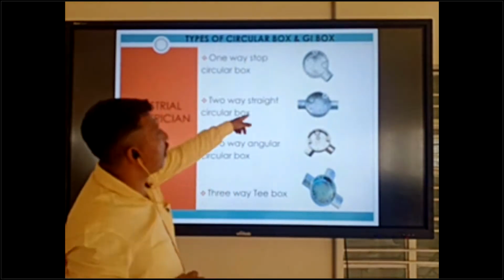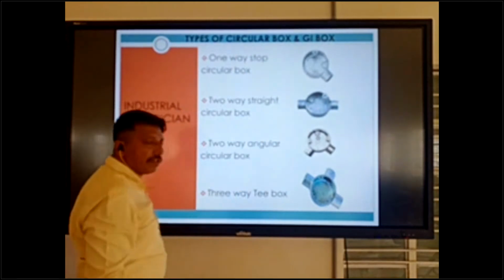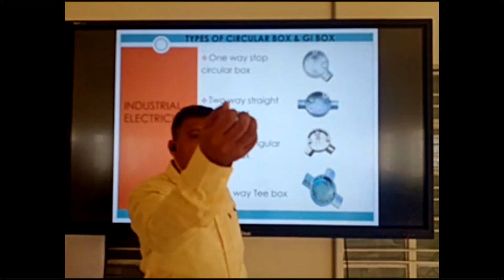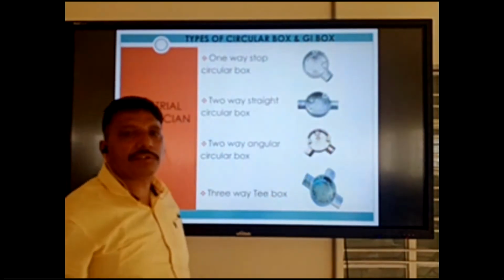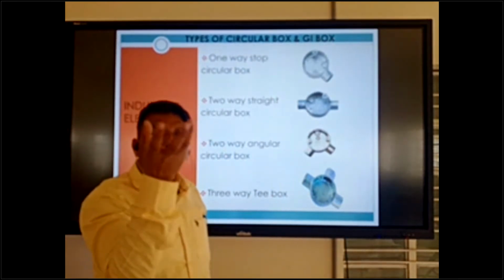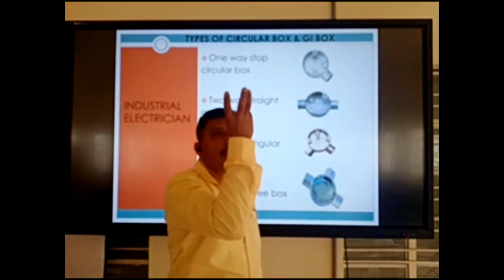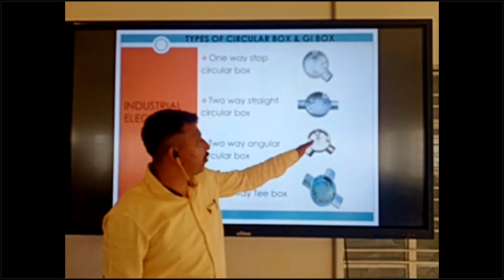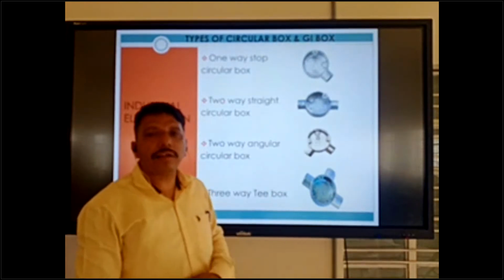Okay, so circular box, this types of circular and two-way angle box. This is two-way angle box. Suppose your route is coming straight, then you can make the 90 there. There also is one point. Your route is straight and there is one point and you make the 90. That time we can use an angle box. This is like a 90.